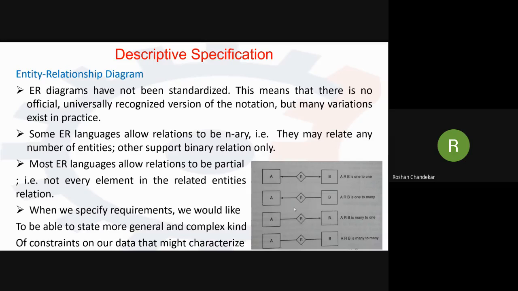And there is a relation between A and B with an outgoing arrow, which shows a many-to-one relation. That means B is one entity and that entity has a relation with many other entities. And the last one is many to many. There is no arrow between the two entities, just a direct straight line, which shows many to many. So this is all about the ER diagram, the entity relationship diagram.